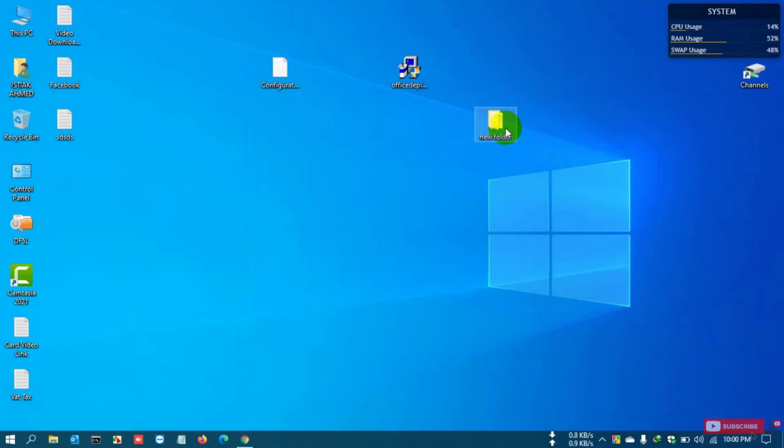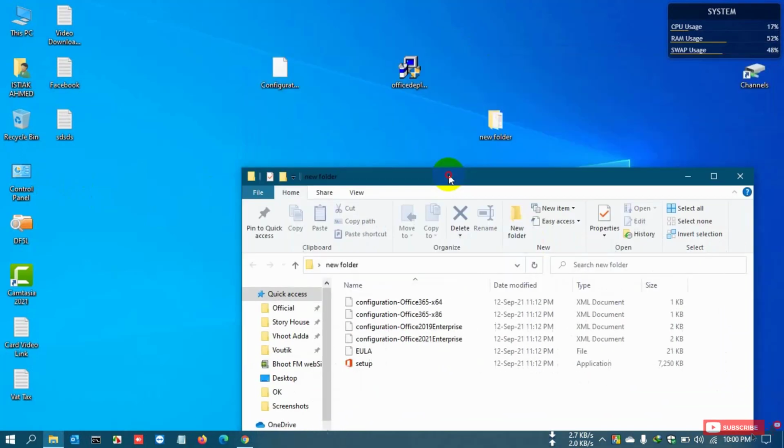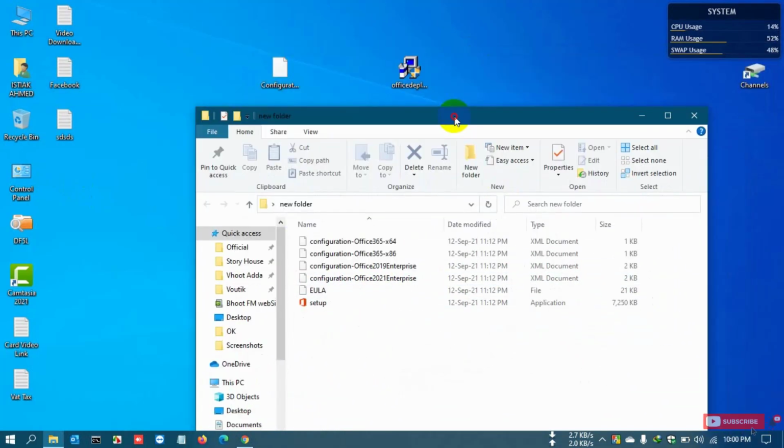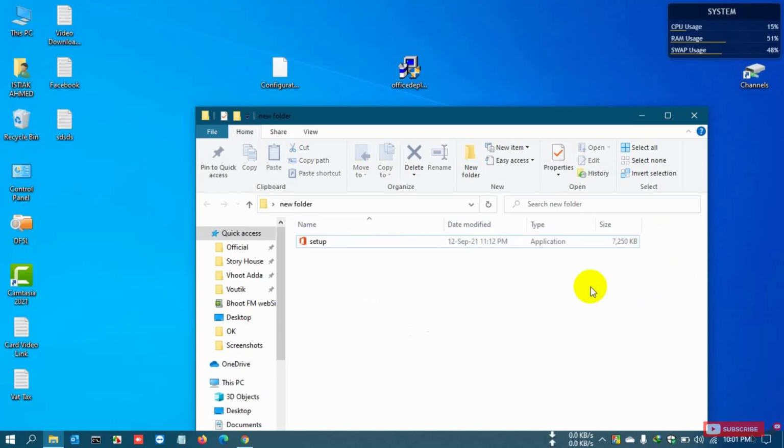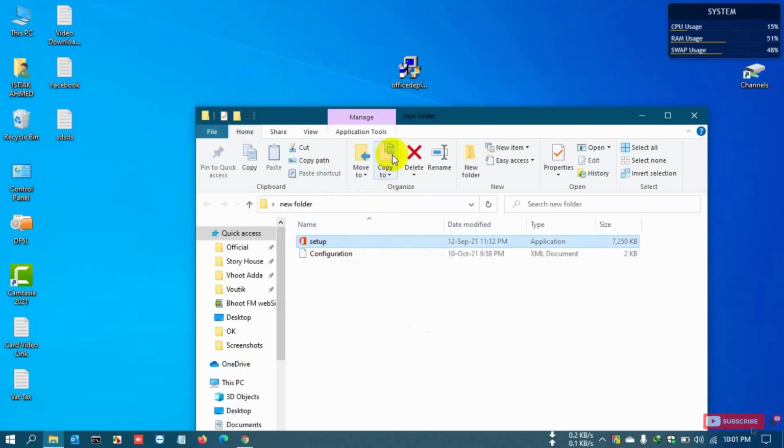So here is the new folder, and here you can see the default Office configuration files. One configuration is 64-bit, and another is 32-bit Office 19 Enterprise except EULA. So I don't need these configuration files. Actually I need my own configuration file. I drag and drop it in here, and I need the Office setup file.